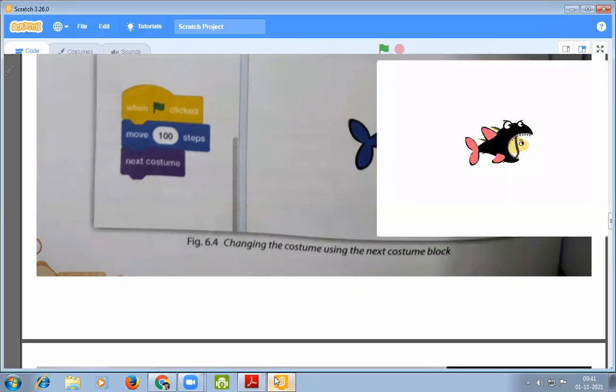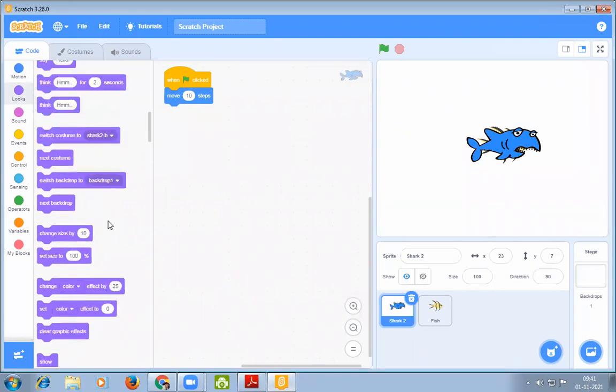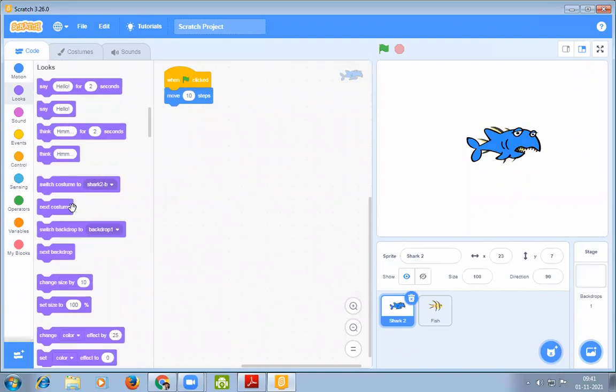So while putting the code, in case of using next costume, we can just put it here.